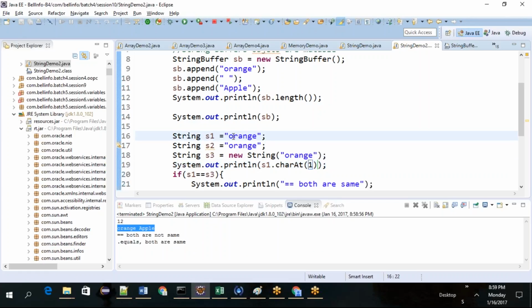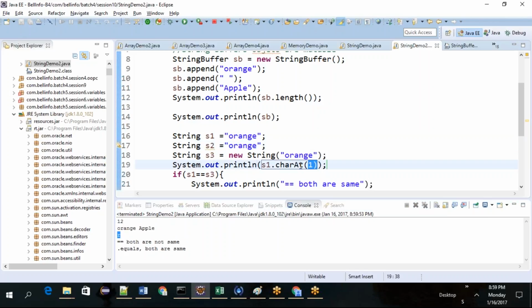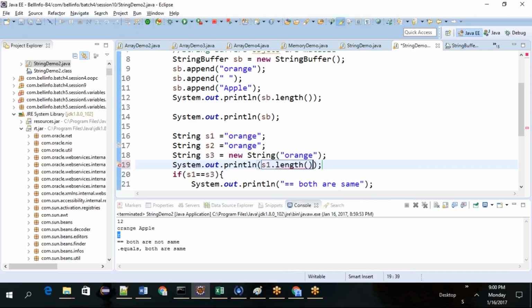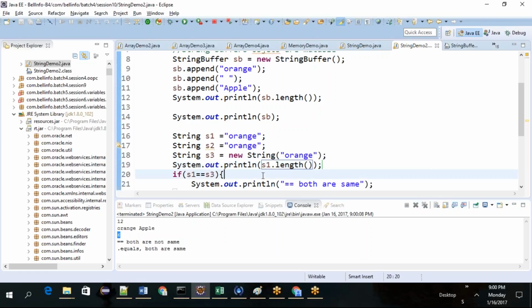It is R, because the index starts with 0. So let's see whether it will display R or not. See, it displayed R. So these are all different methods. If you want to know s1 dot length, what is the length of orange? 6. So there are a bunch of functionalities available.